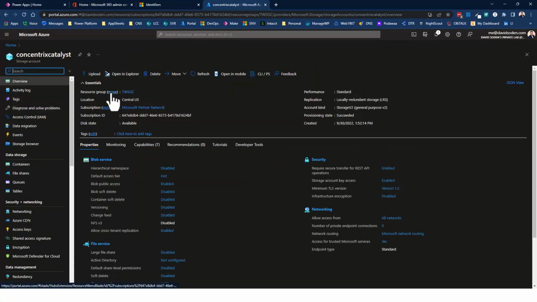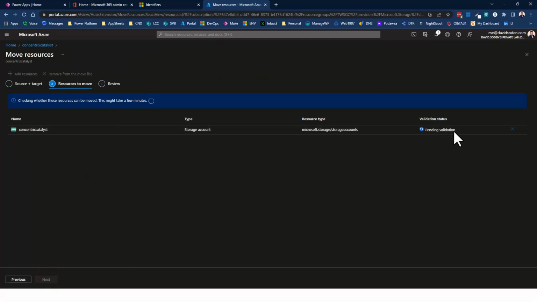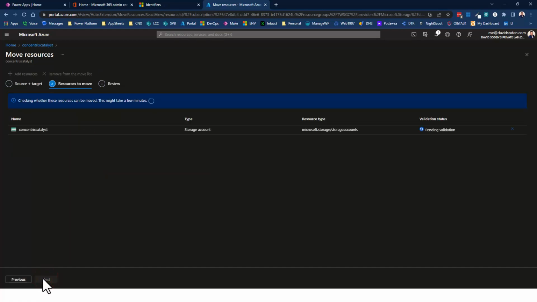So let's move this storage account. We're going to move it from here to... I thought it gave me an opportunity to change. There we go. So I want to move it into this resource group. Okay. And lo and behold,